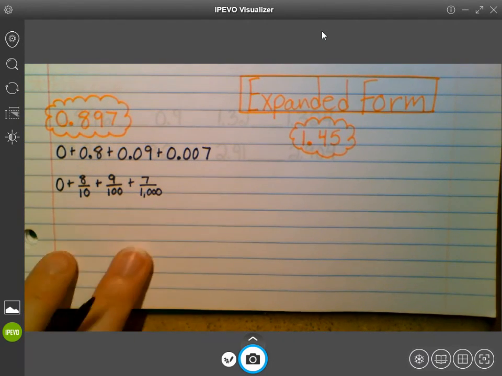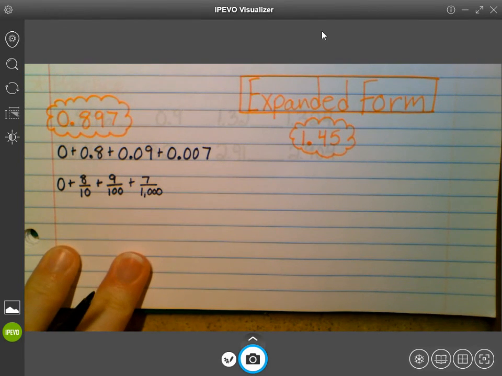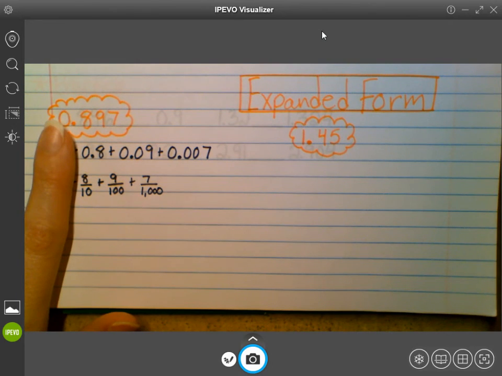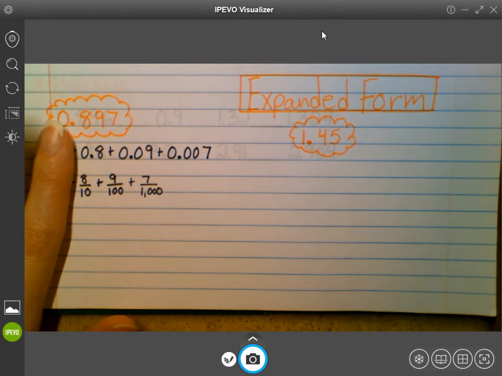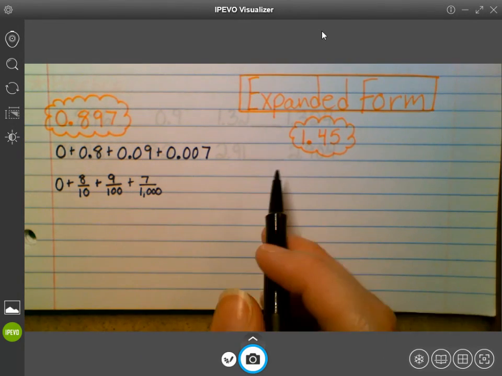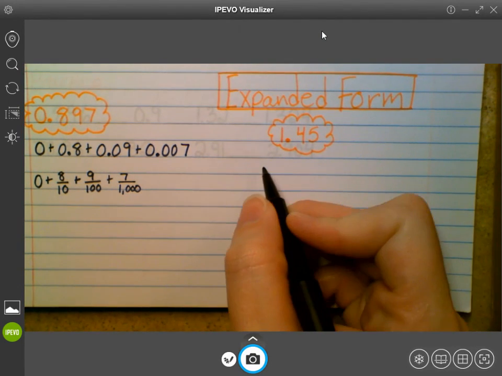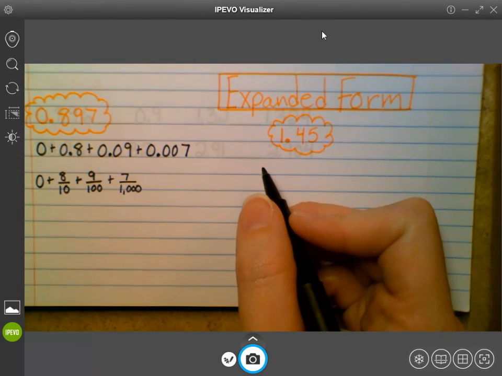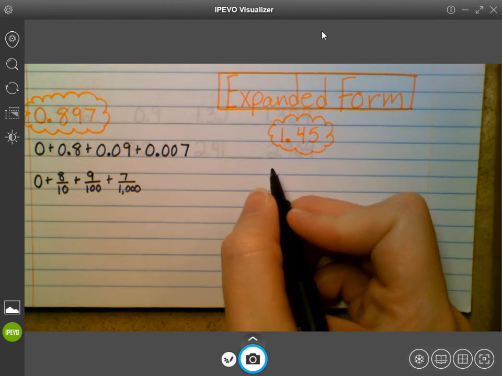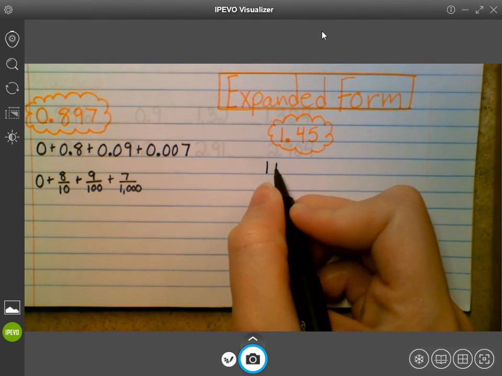How do we feel about the first one? Awesome. Again, if you just skipped over the 0, that's fine. Okay. All right. Then we move on to 1.45. So for this one, you should have for sure included the 1 because there's an actual digit in the ones place. So that would be 1 plus